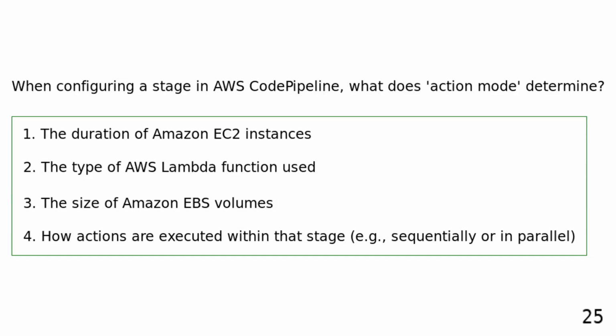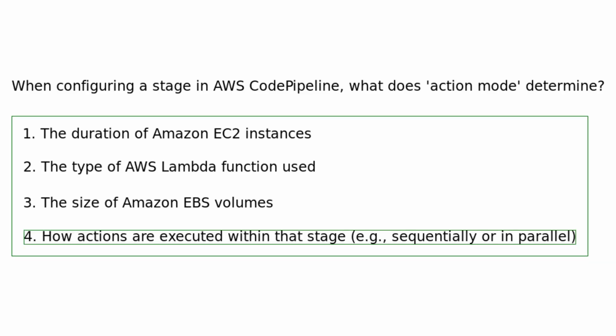deployment. When configuring a stage in AWS CodePipeline, what does action mode determine? The duration of Amazon EC2 instances. The type of AWS Lambda function used. The size of Amazon EBS volumes. How actions are executed within that stage. Action mode in AWS CodePipeline determines how actions within a stage are executed, specifying whether they run sequentially or in